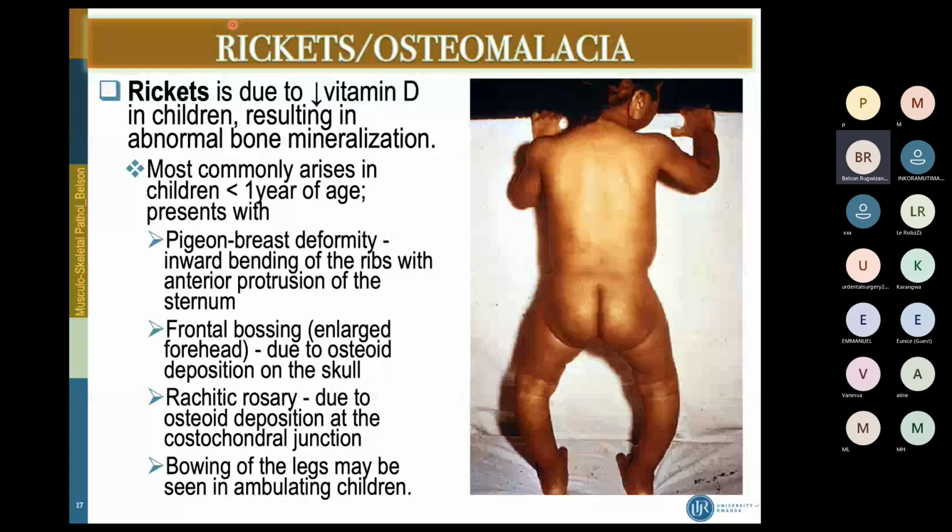So rickets is due to low vitamin D in children, resulting in abnormal bone mineralization. So most commonly arises in children less than 1 year of age. So they present what we call breast deformity, which just is inward bending of the ribs with anterior protrusion of